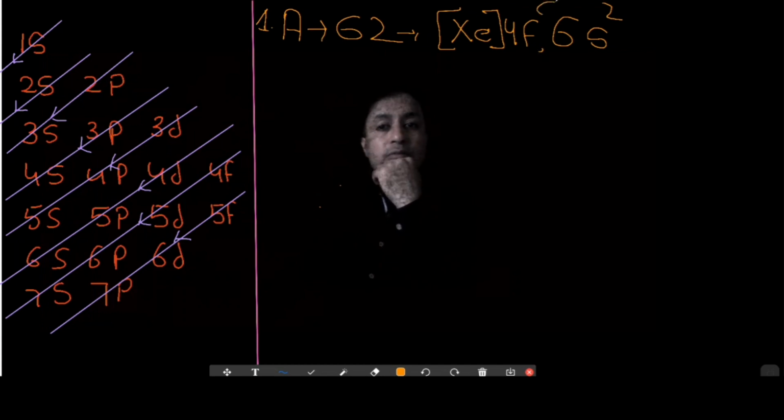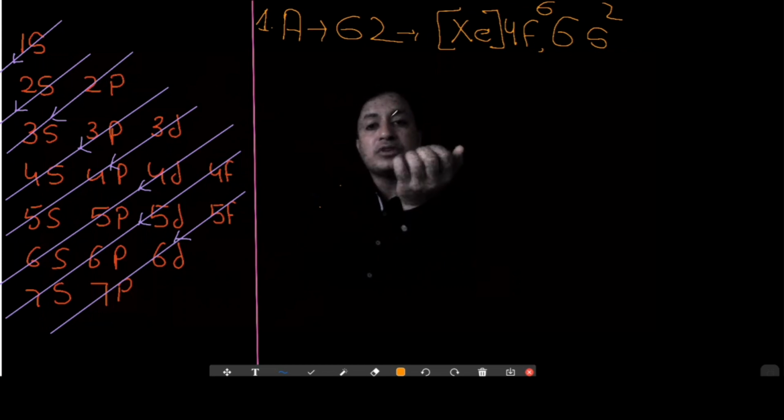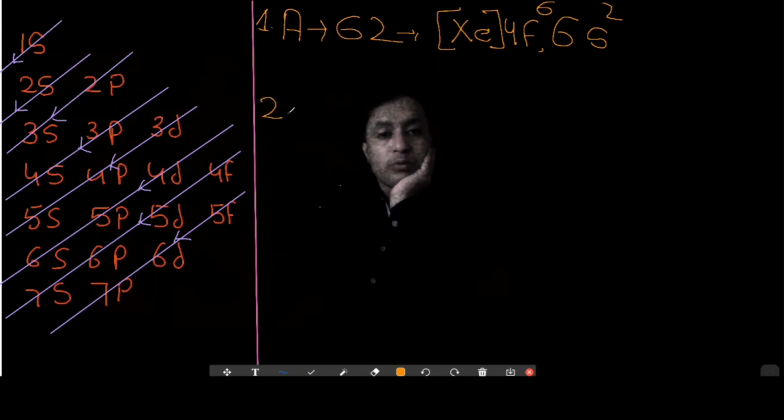That is 6 electrons will be going over here. So that is how you can simply write the electronic configuration of any element using the shortcut method. Always you have to use the noble gas for writing the rest of the electrons, to represent the electrons which are present before the valence shell orbitals. Okay, we can take one more example.